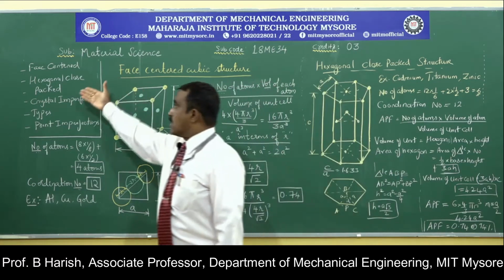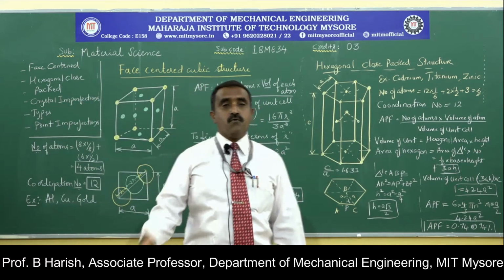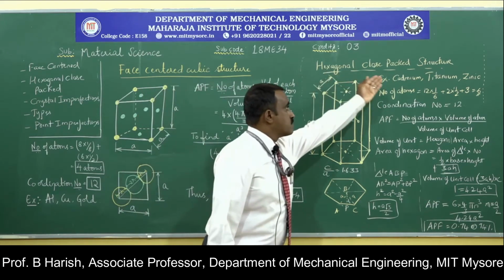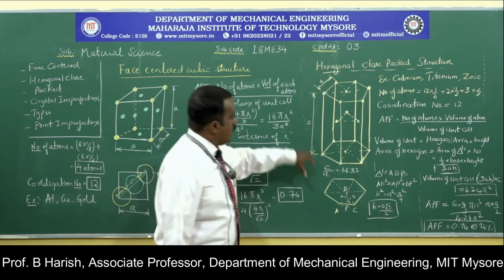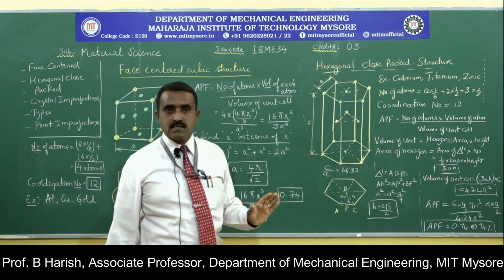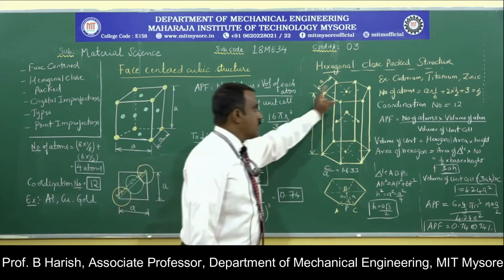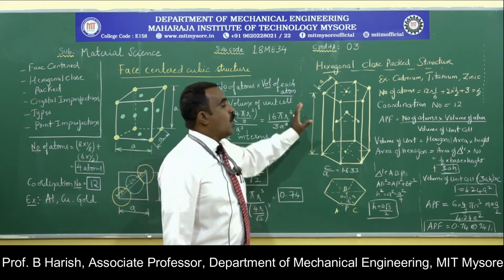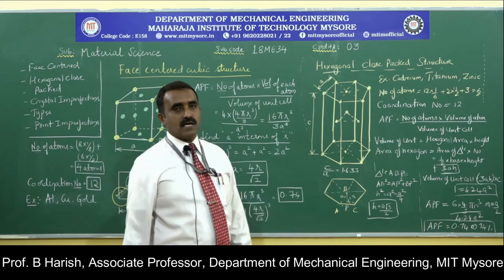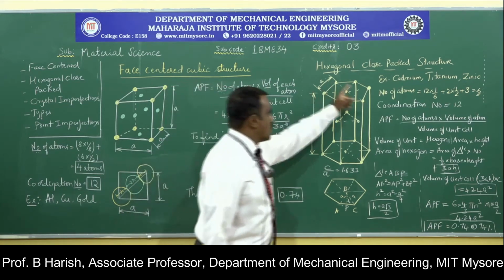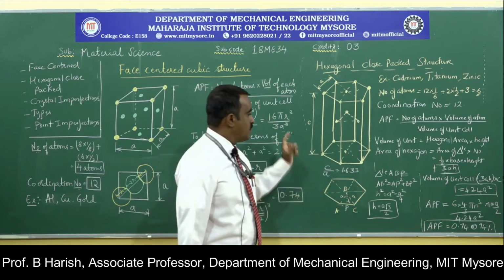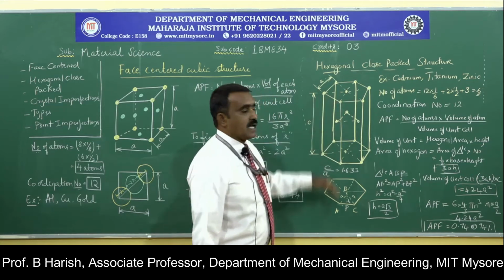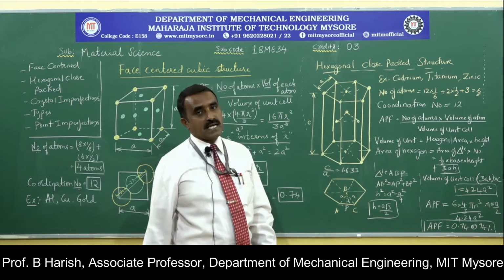Next one is the hexagonal close packed crystal structure. This is the fourth type of crystal structure that is seen in case of metals. In all the previous cases, the shape was cubical, but here it will be in the shape of a hexagonal prism. So how will be the arrangement of atoms in this particular type of crystal structure? This is how it will be in the hexagonal close packed crystal structure. This is the bottom hexagonal face, the top face, and these are the rectangular faces that are joined. So it is in the shape of a hexagonal prism.